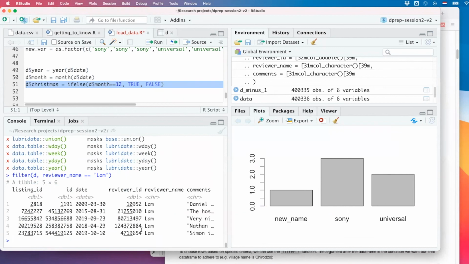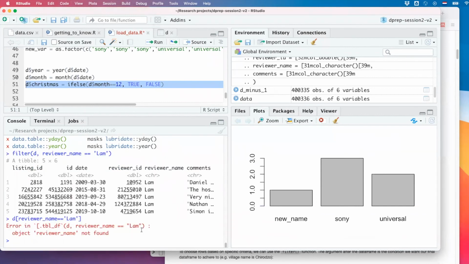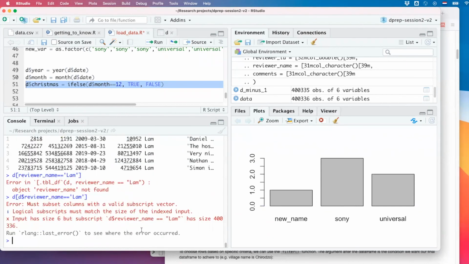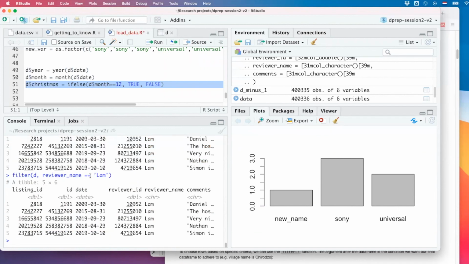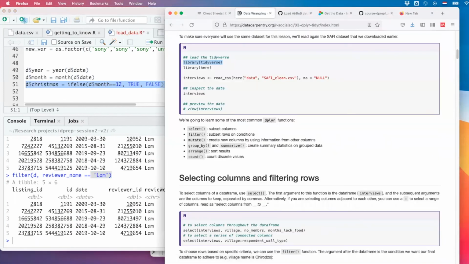So it's a very flexible way. If I don't want to do it in dplyr, I could also just say D reviewer name equals Lamb, like this. And we need to select the columns. And you already see this command gives me the same result. It doesn't rely on dplyr, but this filter command is nicer, because even somebody who doesn't know R somewhat gets that somebody is filtering something here. Oh, and probably it has to do with a reviewer called Lamb, whatever, right?